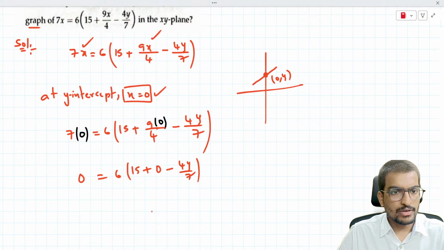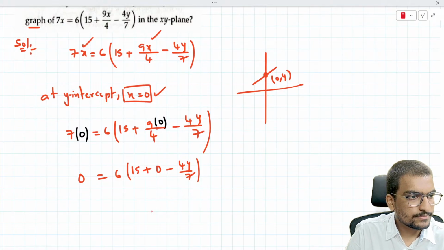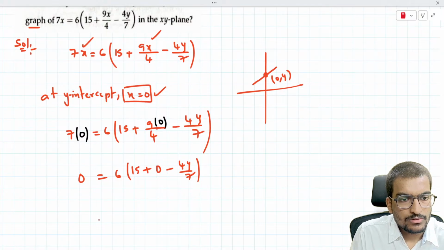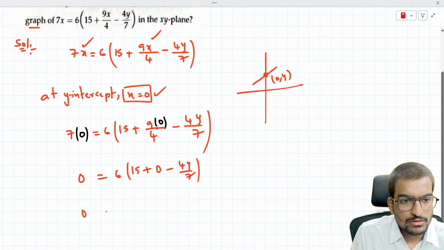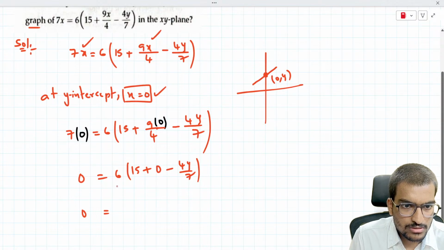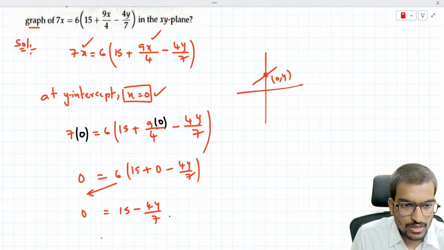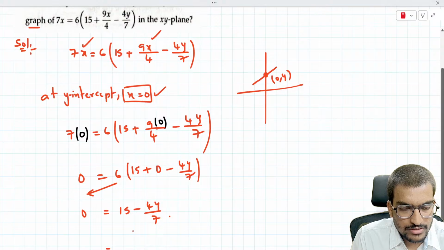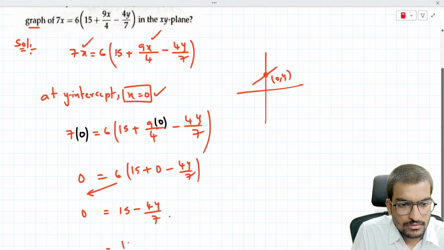Just quickly solve and let me know what's the value of y. So that's going to be 0 equals 6. Just send this to LHS. That's going to be 15 minus 4y by 7. So that's going to be 15 into 7, that's going to be 15 times 7 minus 4y,